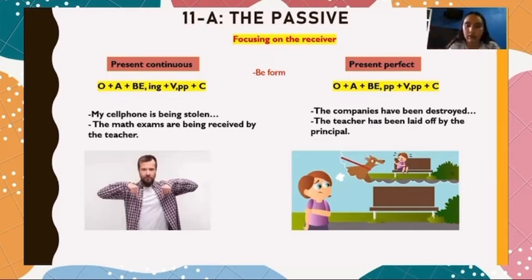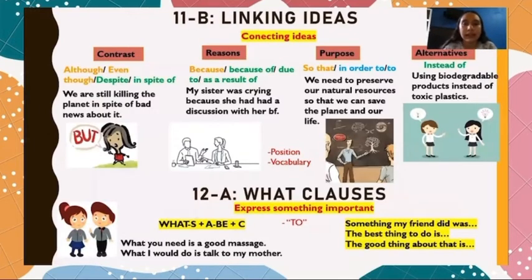Versus present perfect, where we need to have our auxiliary be in past participle. The only thing that changed in the passive is the be form. The difference is that we use present continuous to talk about right now, and the present perfect to talk about something in the past. With linking ideas, we use that